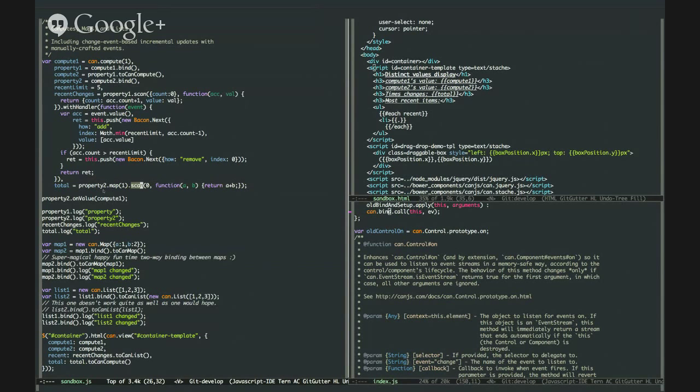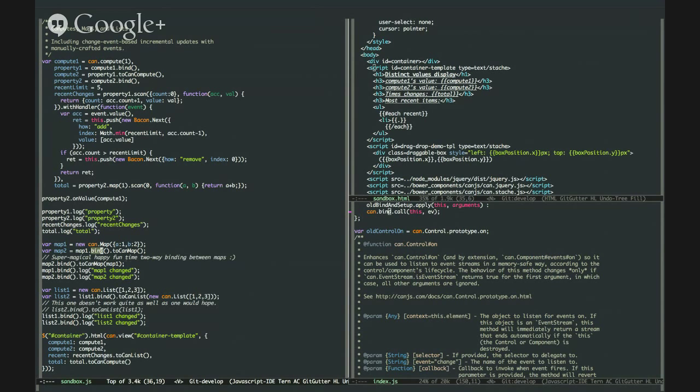Gotcha. Okay, so it's a better syntax for compiling data from computes and other compute-style things. It also has really convenient... Another thing that this does is it normalizes events from can map and can list, so you get a single kind of event object back, and you can take that object and put it into another map